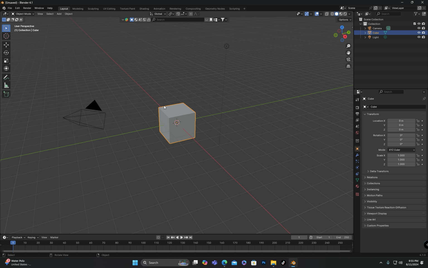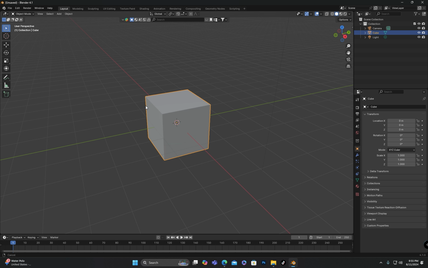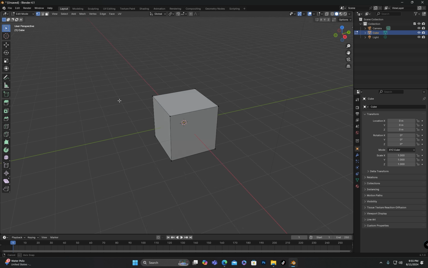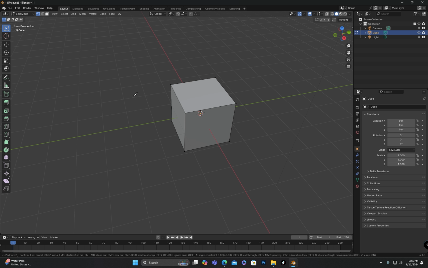As you know, in the last class of this series, we learned about the loop cut tool. The next tool in modeling tools is the knife tool. So today we will be learning about the knife tool. As soon as you hover the mouse cursor over the knife tool, you will see its shortcut key displayed, which is K. When I press K, the knife tool will become active.